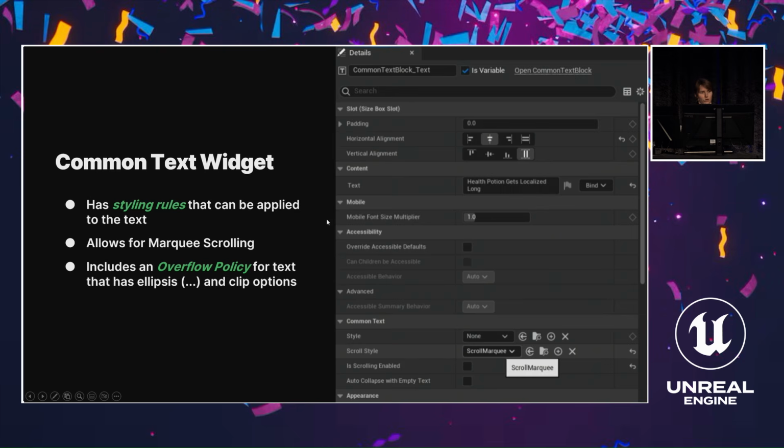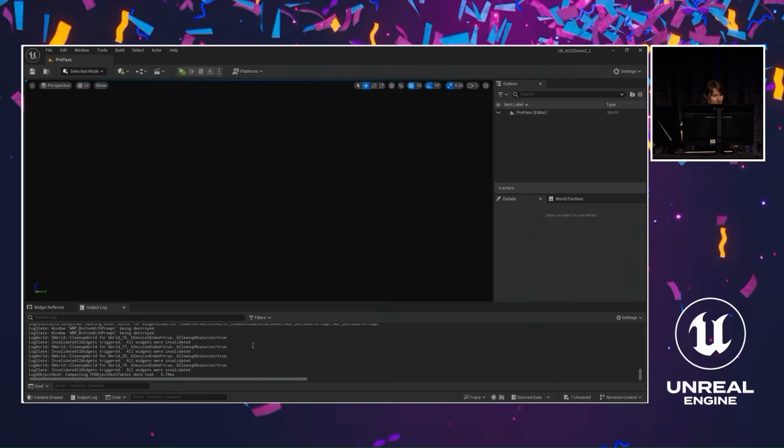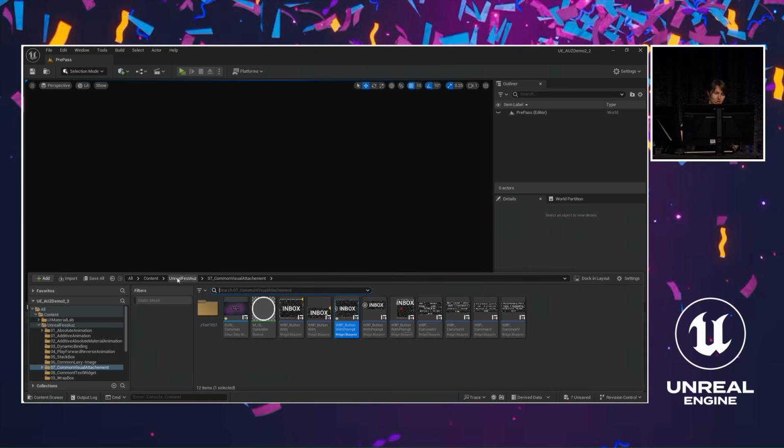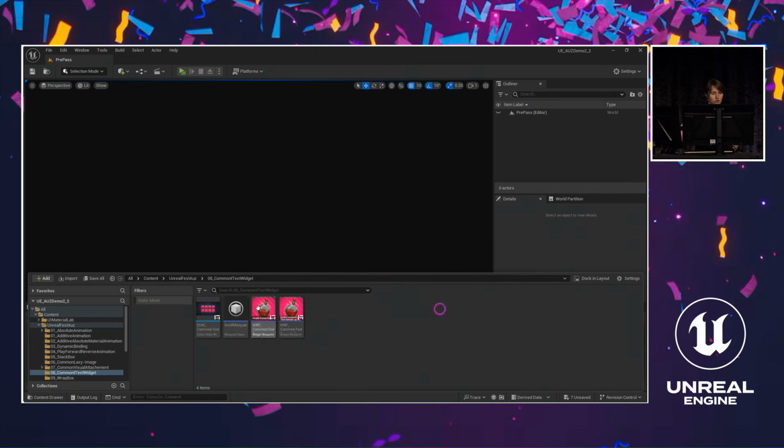Now, a very common one, common text widget. Most people know about this widget because it has style rules that can be applied to it. But I want to call out the unsung hero of this widget is allowing for marquee scrolling and ellipses overflow text policy. I'm sure many of us have encountered that localization that breaks your UI or other instances where the text gets really long. So I want to showcase this widget in that lovely use case that we find ourselves